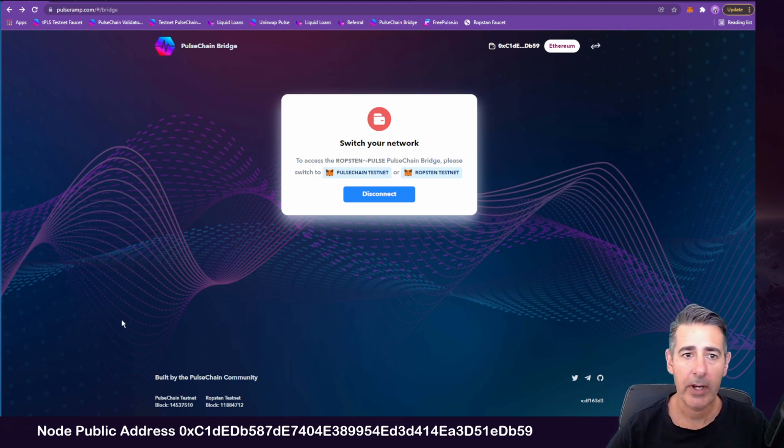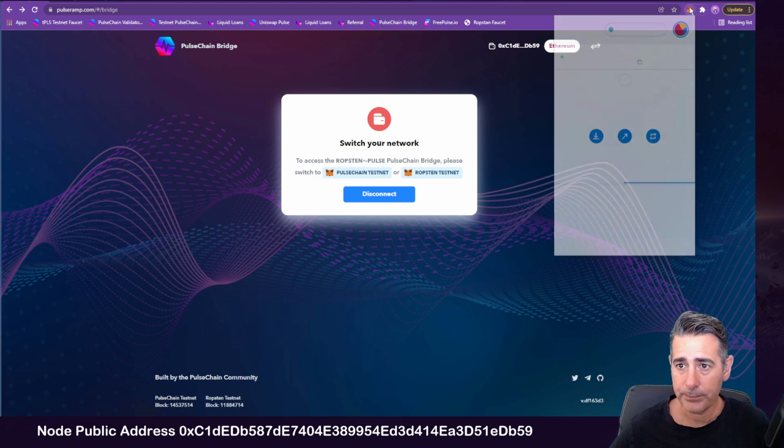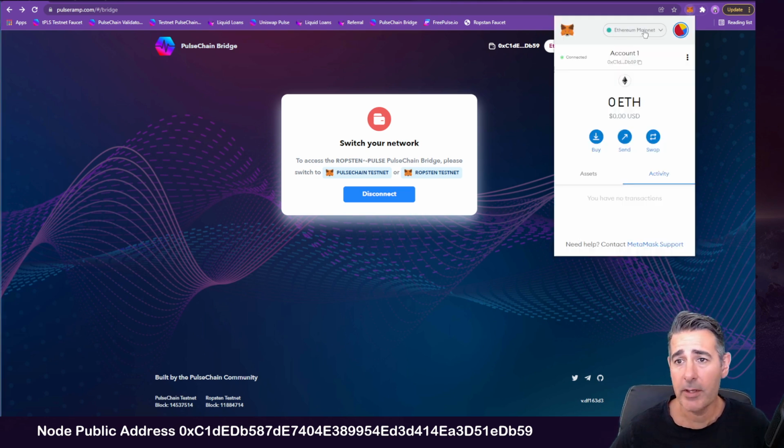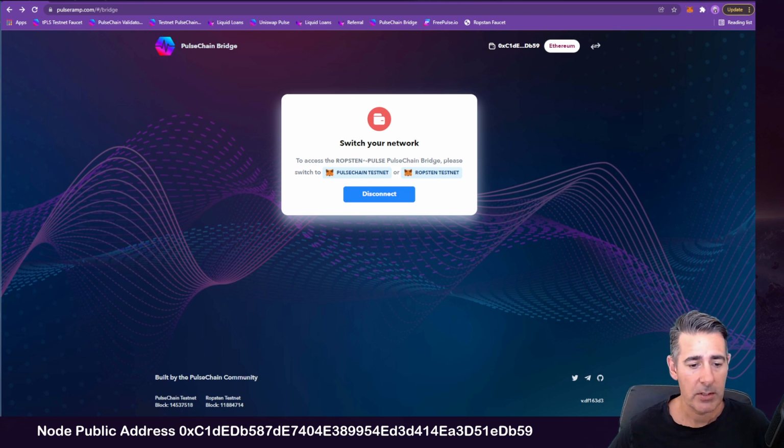Yeah, so we've got our nodes up and running on the test network. So let's have a look at how we can actually go and interact with the validators, and more importantly, how we actually initially get connected to the network if we wish to do that. So you've probably got MetaMask set up where you're connected to Ethereum, and maybe you've never even tried to connect to the Pulse Chain test network. That's totally cool. We used to have to manually go and put in the settings for this, but we've got an easier way to do that now, which takes the form of